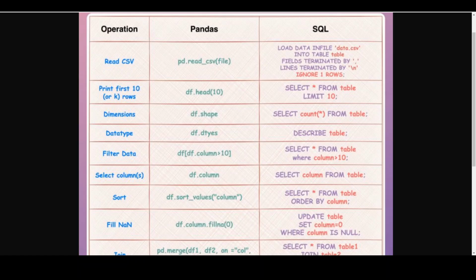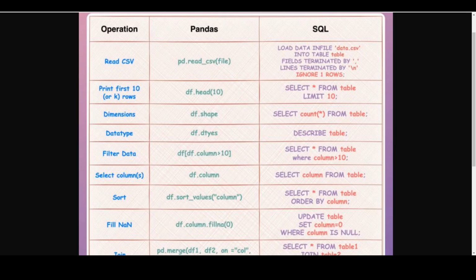So if you want to read a CSV or comma separated values file, then you can simply use the read_csv function from Pandas, but in SQL you have to load the data from the infile into a table, and you have to mention your delimiters. If you want to print rows, then you can use df, and in SQL it is fairly simple. Again, you just have to write the SQL query select star from table,